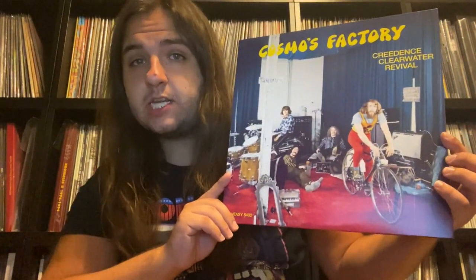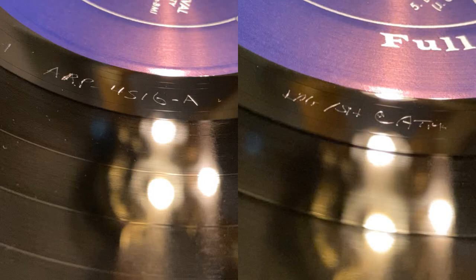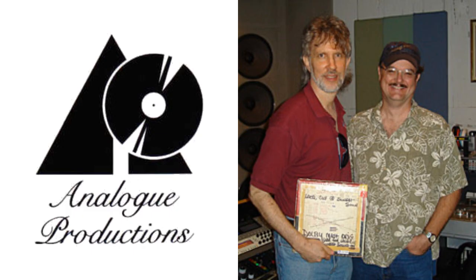The first record that came to mind when I thought of this concept was my copy of Creedence Clearwater Revival's Cosmo's Factory. Now, this copy has the traditional catalog number of Fantasy 8402, but when you look in the dead wax, you will see these etchings: APP-4516 and KPG/SH at ATM. This indicates that this is the Analog Productions pressing that was mastered by Kevin Gray and Steve Hoffman at Acoustic